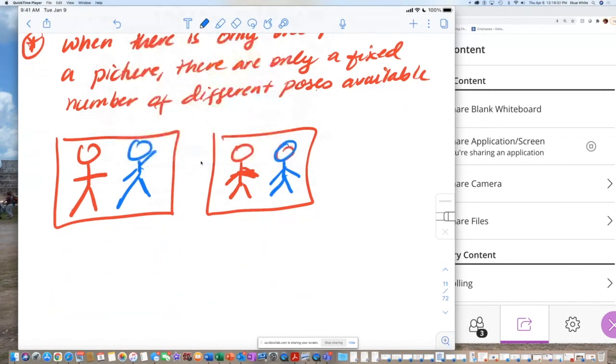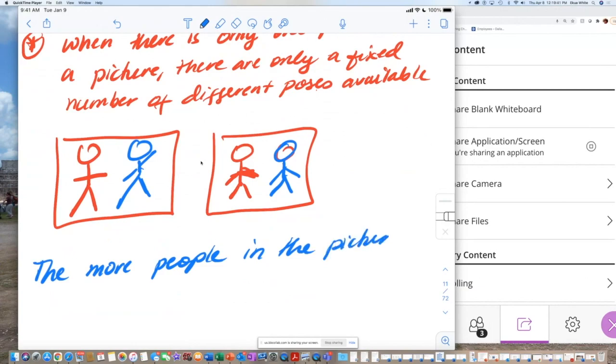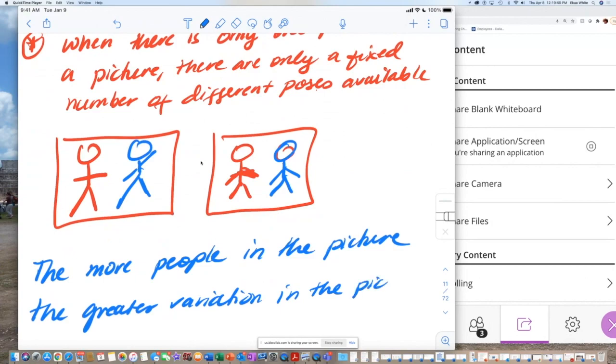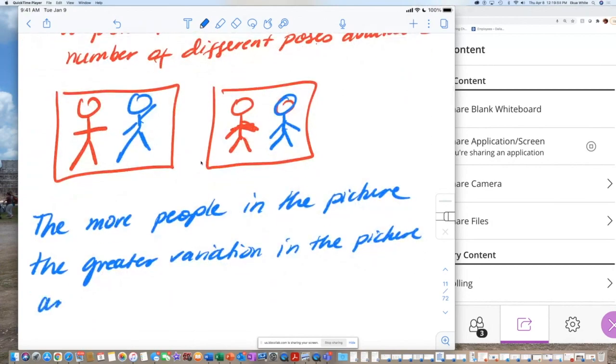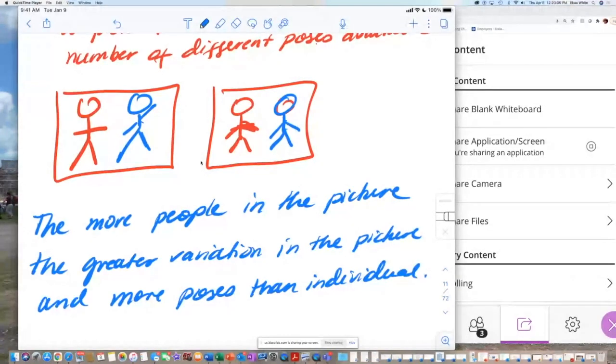So the bottom line I'm trying to say here, I'm glad you asked that, is the more people in the pictures, the greater variation in the pictures and more poses than individual. So we had individual. We had more fun, but we're not measuring fun here. We're measuring randomness, right? With me and my friend, it'd be more random. So in other words, let's summarize: more people,